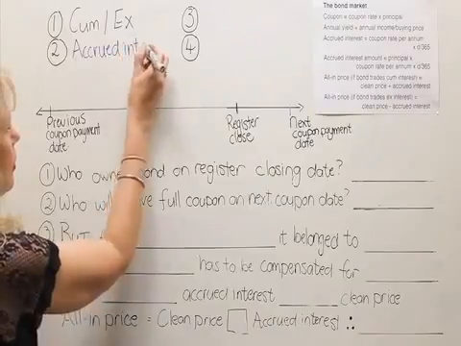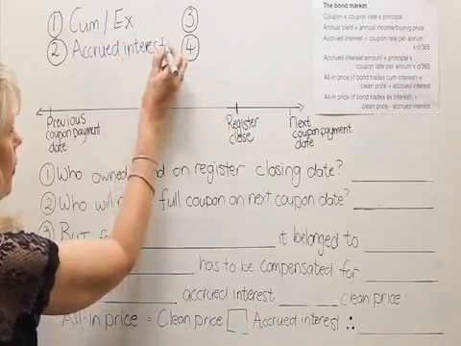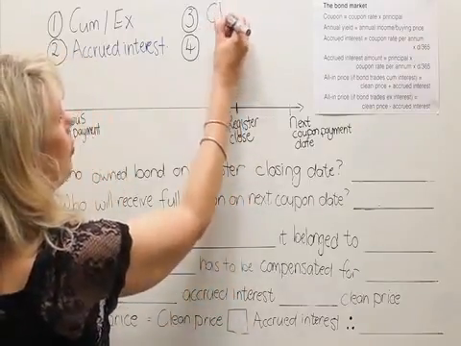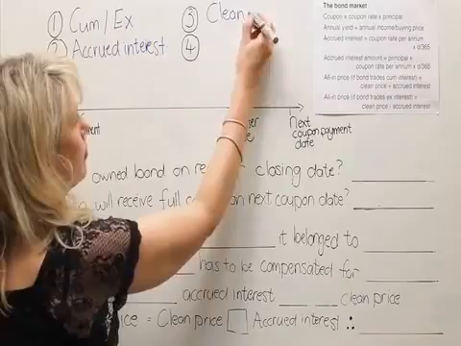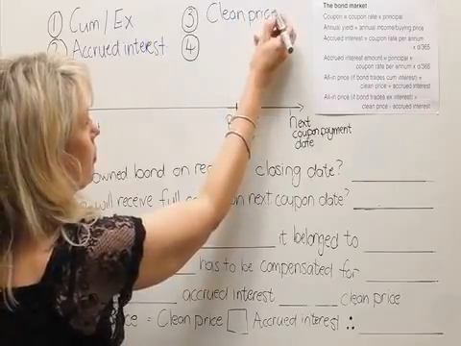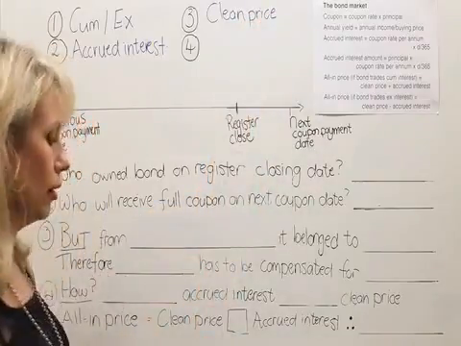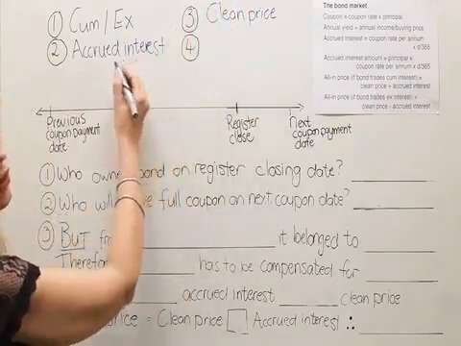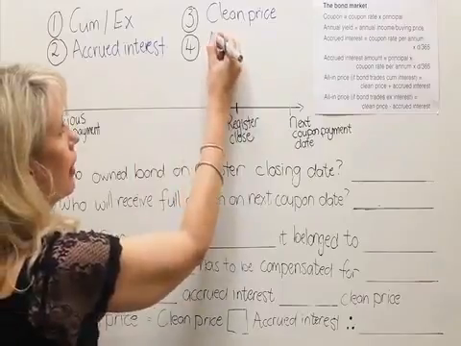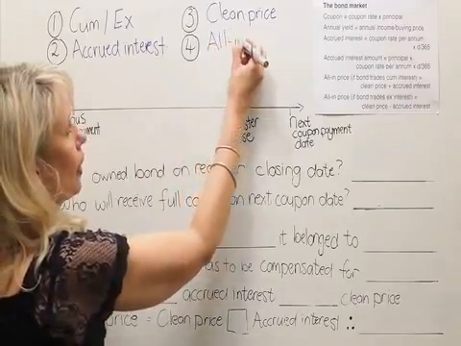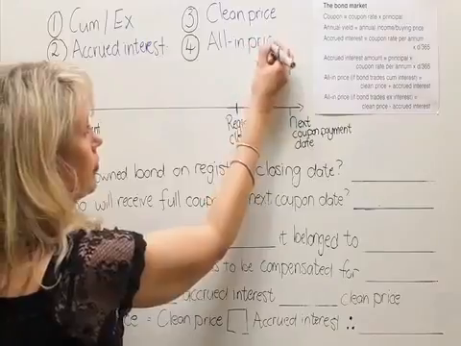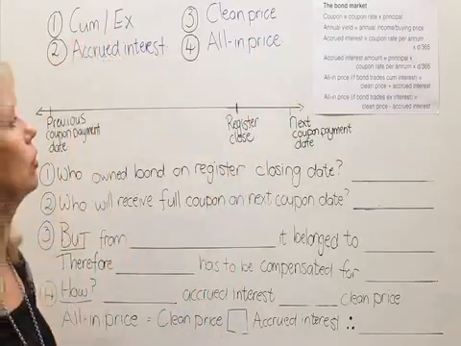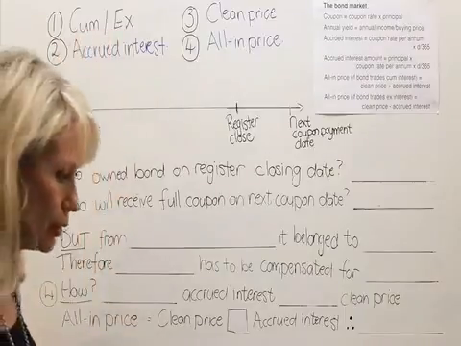interest. The third thing you have to do is calculate the clean price. And then the last thing you have to do is, using the clean price amount that you calculated and the accrued interest, calculate the all-in price. So now we're going to look at number 1, whether this bond will trade cum interest or ex interest on